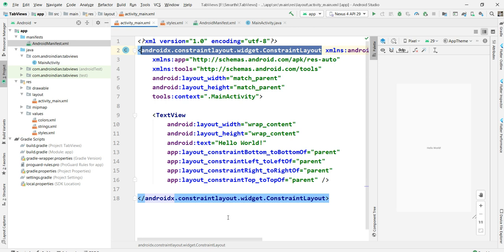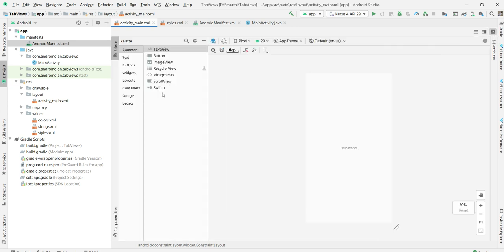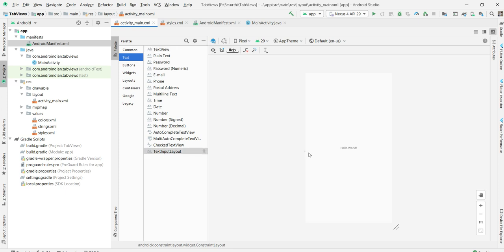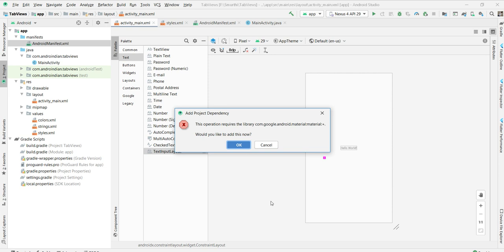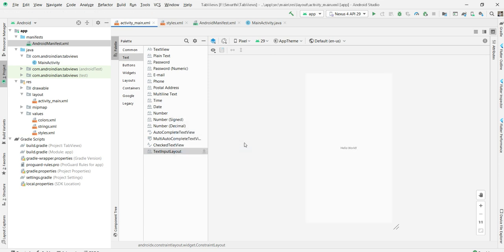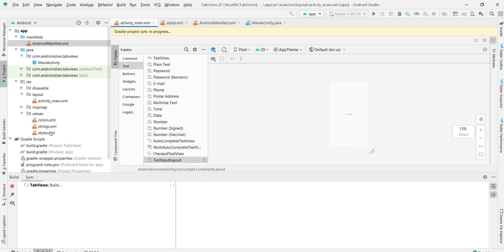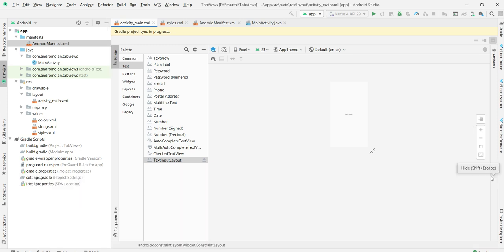If you want that material design, which is just now updated, you can drag and drop any of these text input layouts, so automatically that Gradle can be added there. Once the support material Gradle is added in this, we'll remove that one.